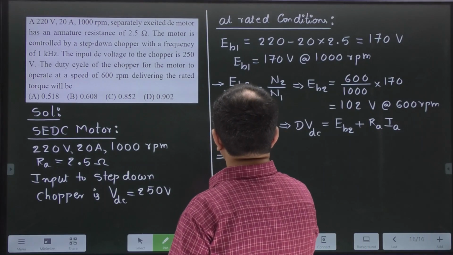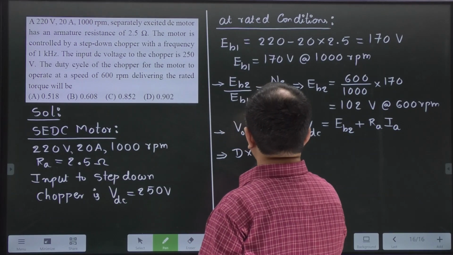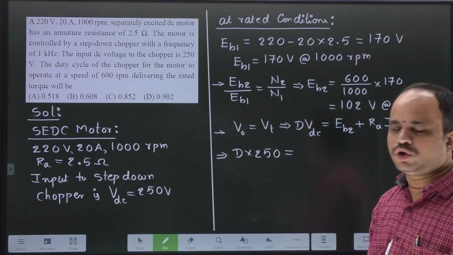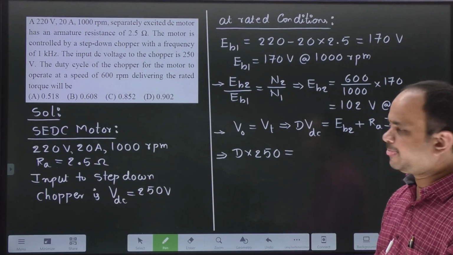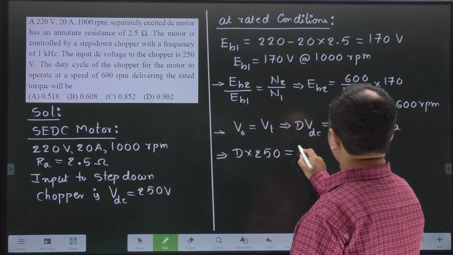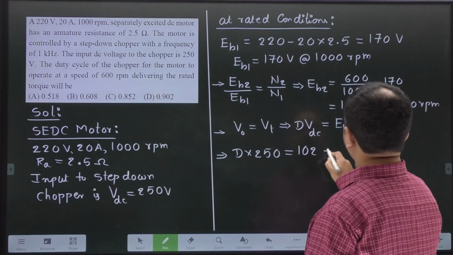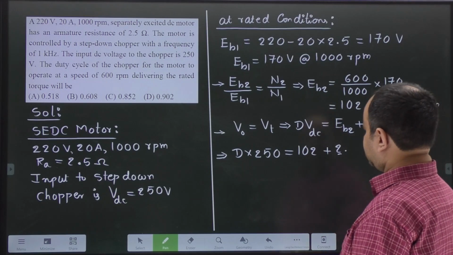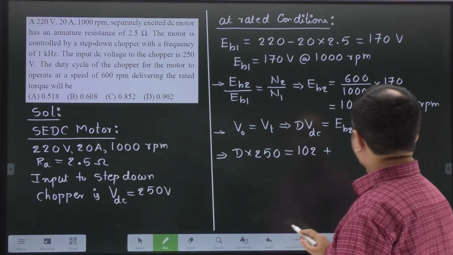Therefore, D into input voltage to the chopper, 250 volt, is equal to back EMF we got, 102, plus armature resistance, which is 2.5